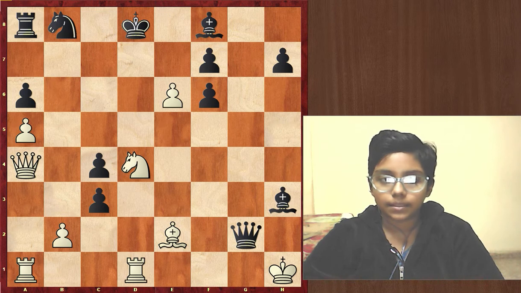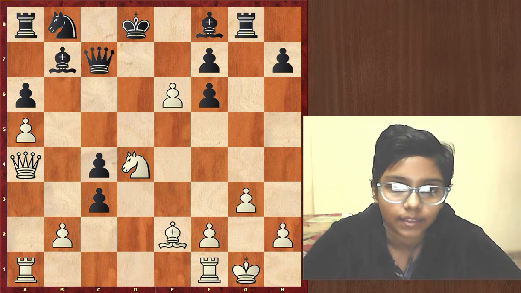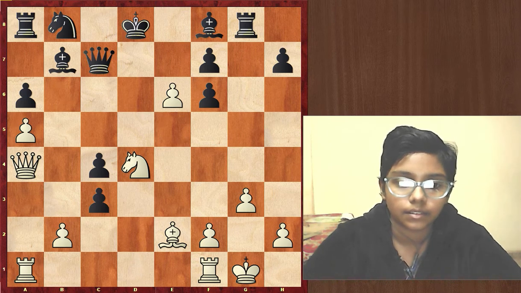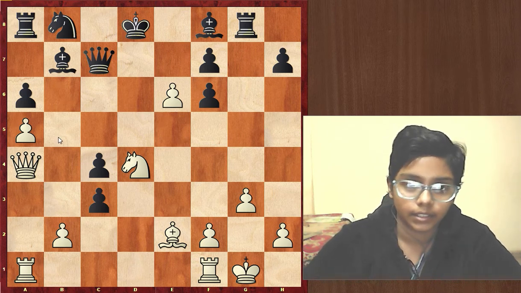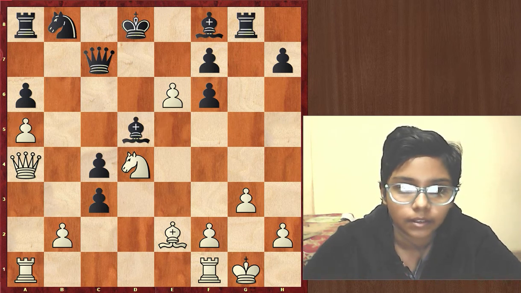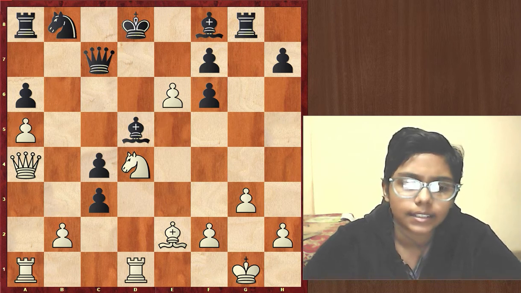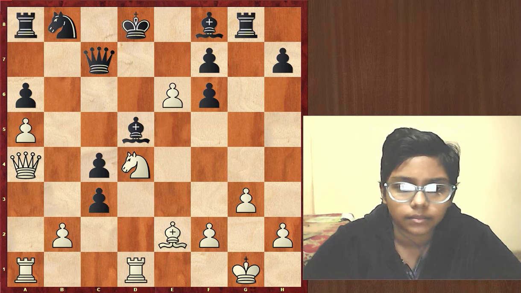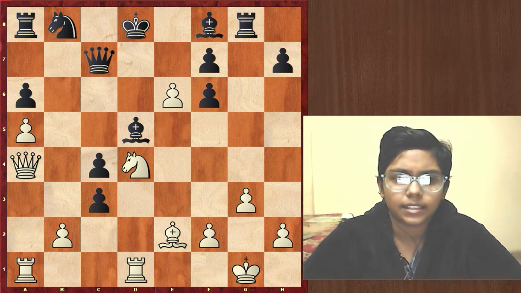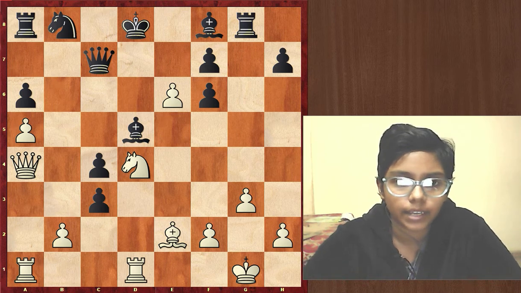So let's get back to the position, what happened in the game. After g3, here black played bishop d5, and after rook f d1, here Tal played an inaccuracy. I think so. Perhaps the best move would have been